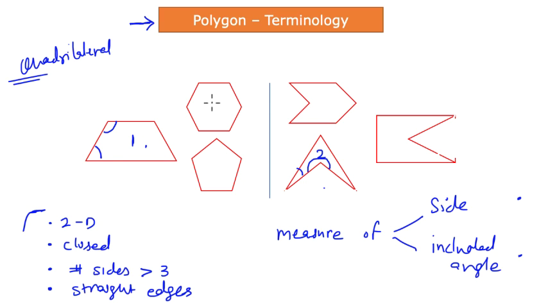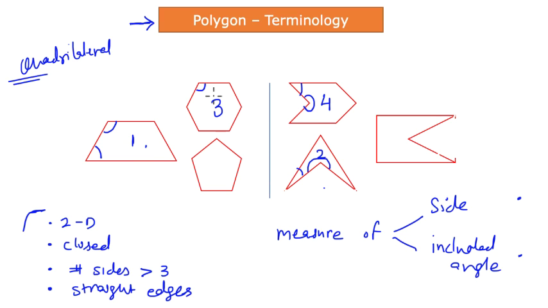Likewise, you see that there is shape number 3. It has 6 sides, and so does shape number 4. It also has 6 sides. But clearly these two look very different, right? So we define the differentiation between shape number 3 and 4 by way of the included angles and how we connect those different sides to each other, all right?